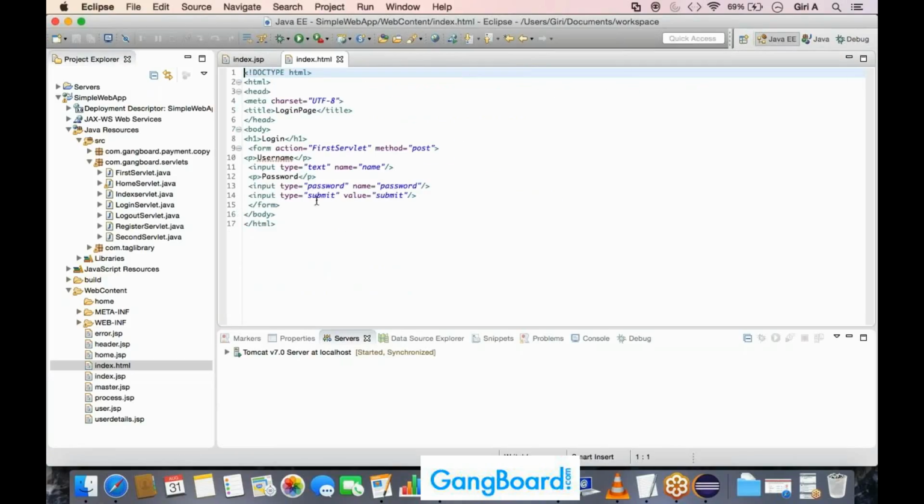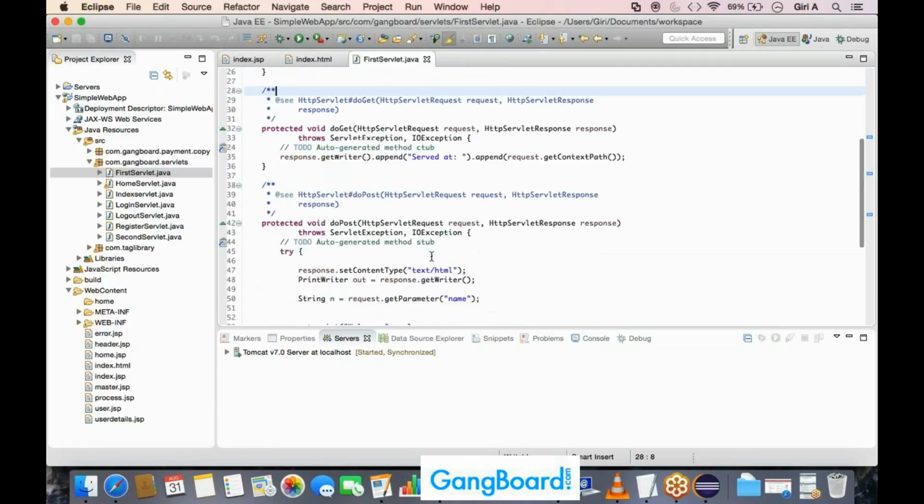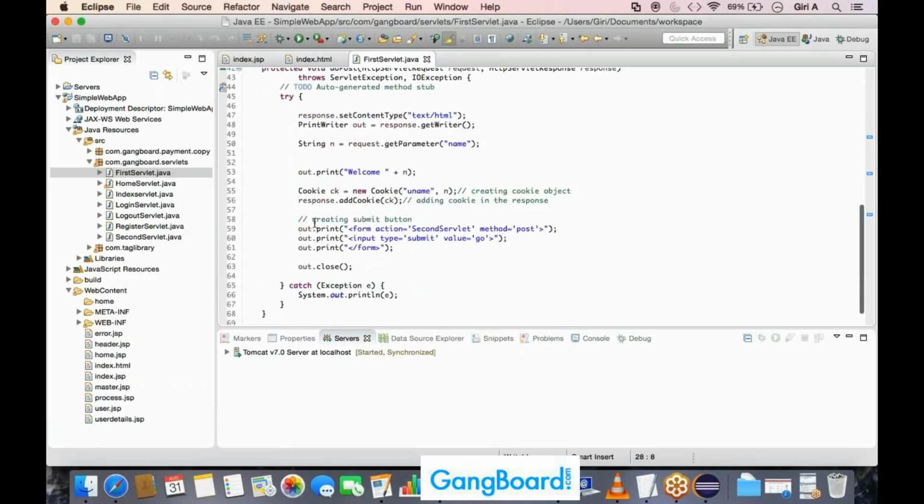So now what we will do, we already have one index.html. Here we have name and password. When we click on submit, we are going to the first servlet. In the first servlet, instead of creating a cookie, I'm just commenting this one out, so the cookie won't be there. And instead of that,